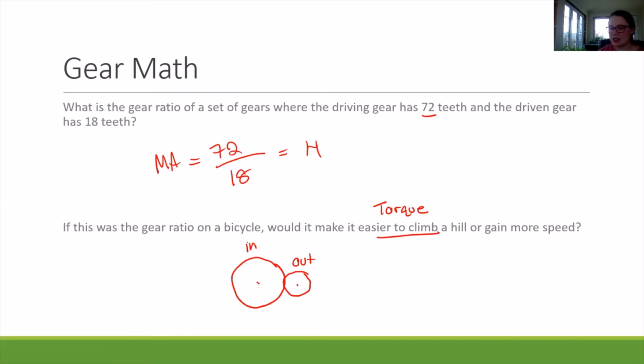Well, let's look. Larger distance means the input gear has more torque. The output gear has less torque. So am I gaining more torque? Am I gaining more pushing power? No. What's happening to the little gear though? The little gear is faster. So I'm getting faster output, so it's going to be easier to gain speed. I'll get speed, but I won't get more